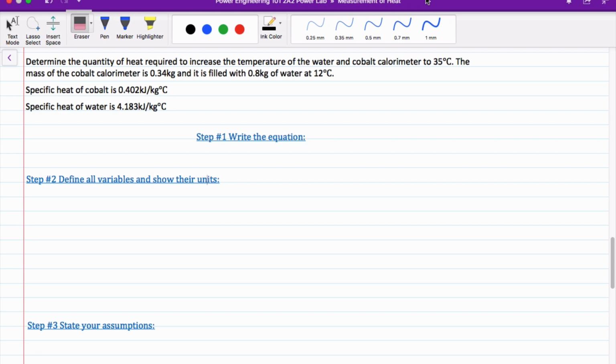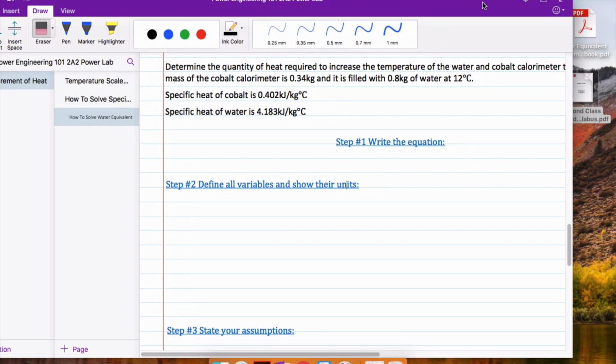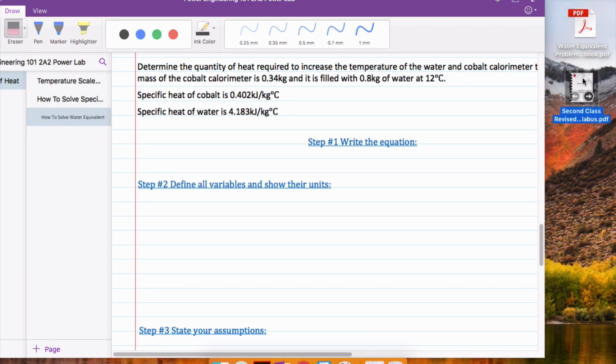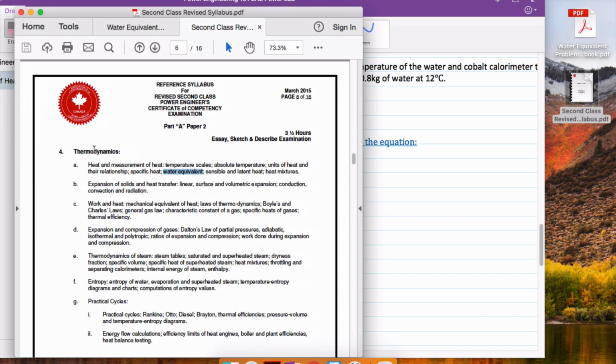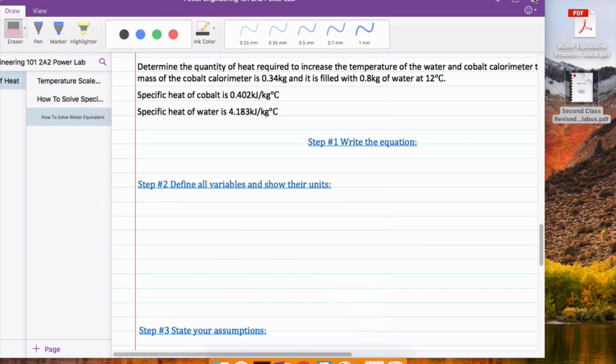Today I wanted to show you guys how to complete this water equivalent calculation. If we look at the syllabus for second class, you'll see that water equivalent is one of the topics that you guys need to know how to understand. So if we get into this calculation,